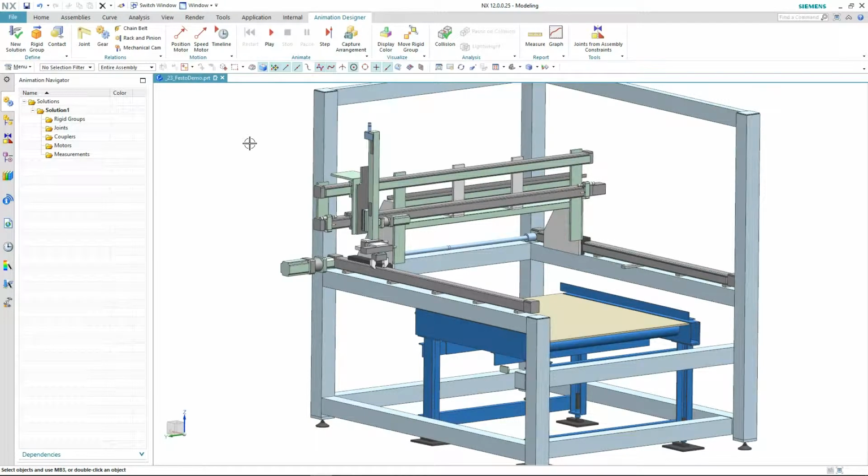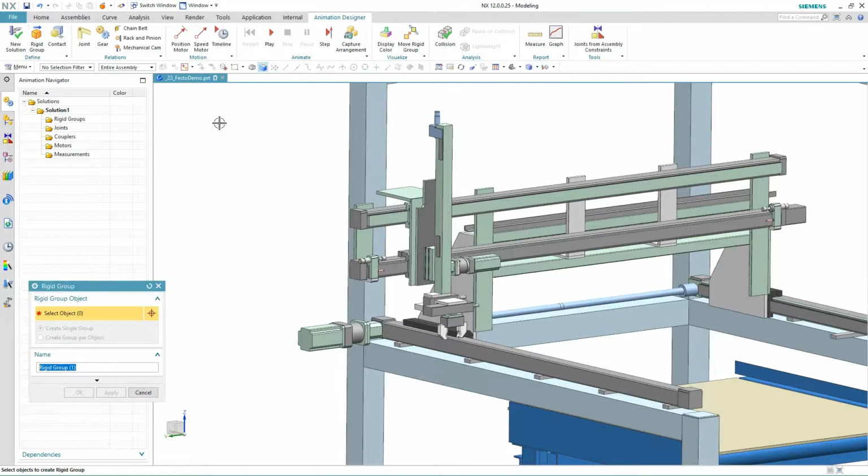A common question during the design of products with moving parts is, what will my product look like during normal operation, and are there any clearance violations when parts move? Siemens NX Animation Designer is a motion simulation application for analyzing kinematic behavior when the effects of forces are not